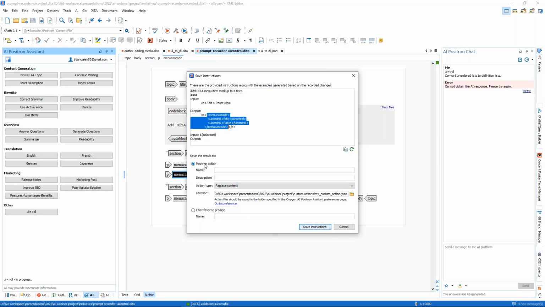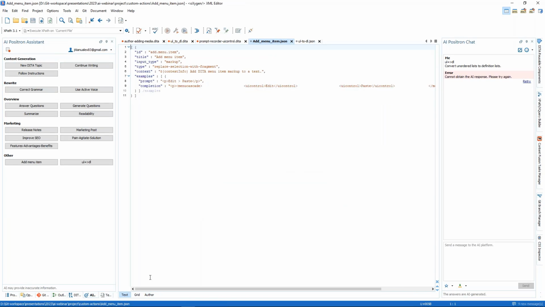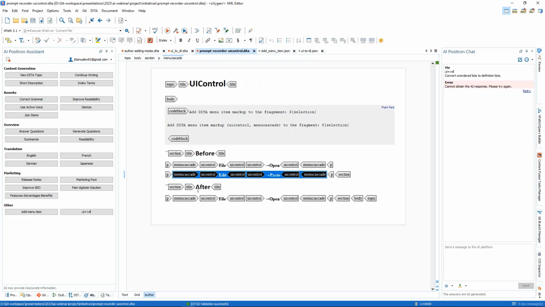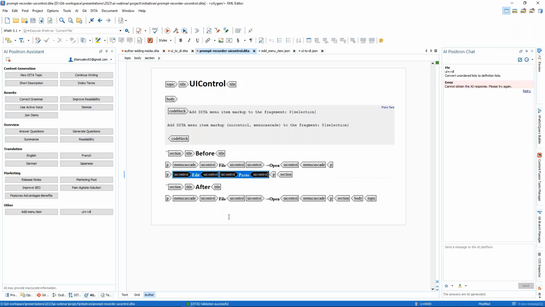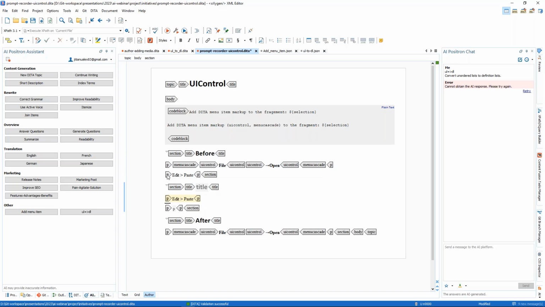And what I can do now is to save this as a Positron action or perhaps as a chat favorite that I've shown you earlier. But let's go with the Positron actions. Maybe a description, and just click save, and the action will appear here. So now to try it, I will undo these changes and maybe copy a couple, I don't know, maybe say here